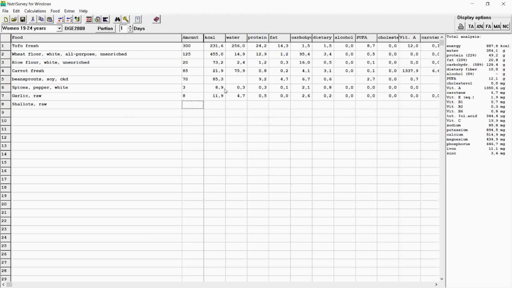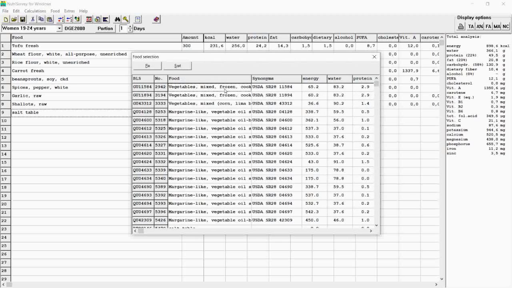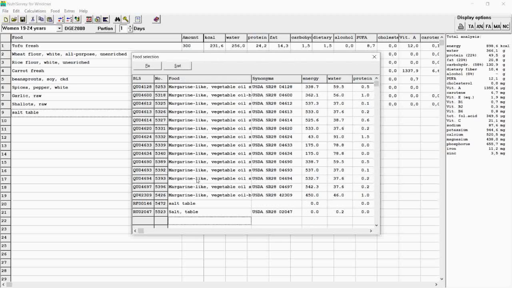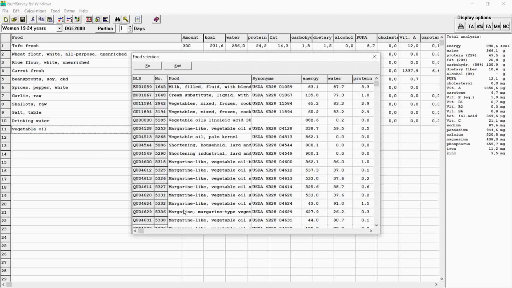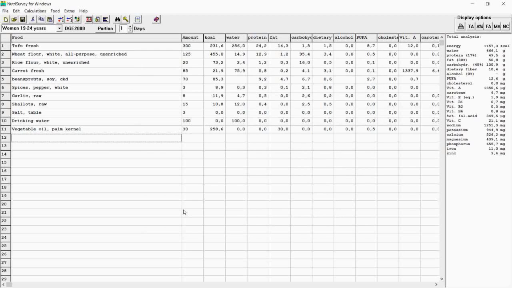raw shallots 15 grams, salt or table salt, 3 grams, drinking water 100 grams, and vegetable oil to fry the tofu, 30 grams.